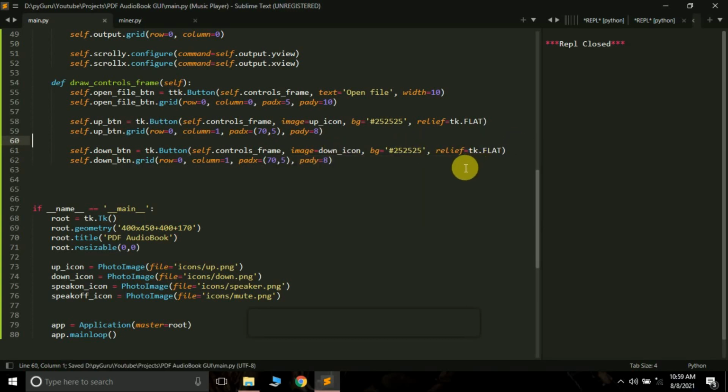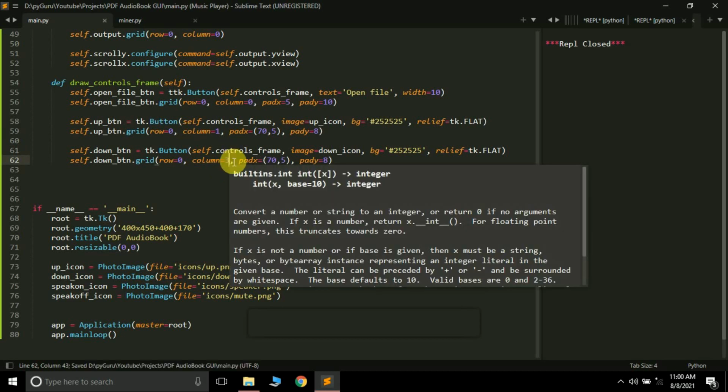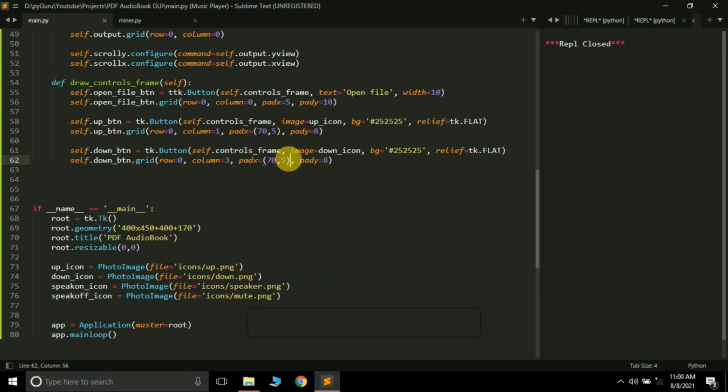Relief again is tk.FLAT, and the next thing is we have to grid it. Okay, so row will be 0. Here I want to place it on the third column, not on the second column, because in the second column there will be a search bar using which we can search the page. Okay, so column, instead of 1, it will be 3,